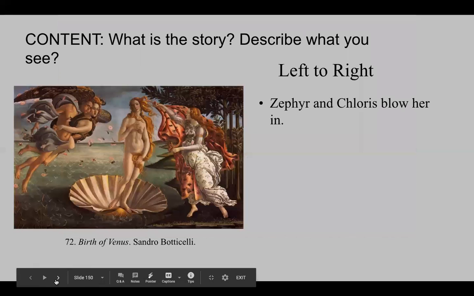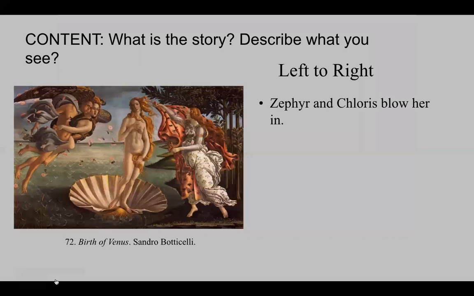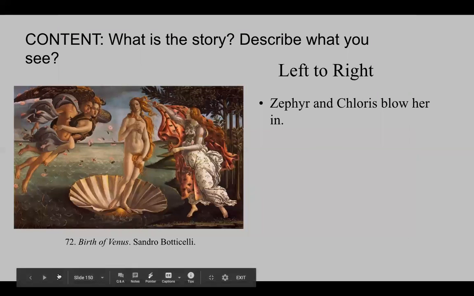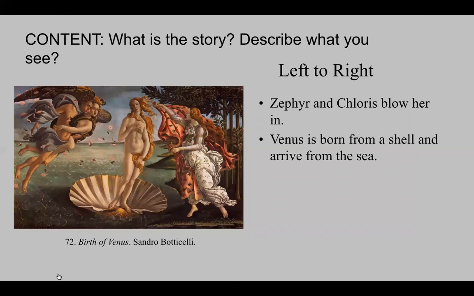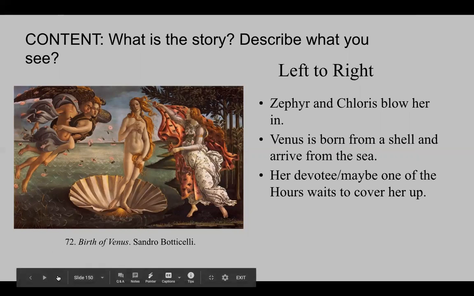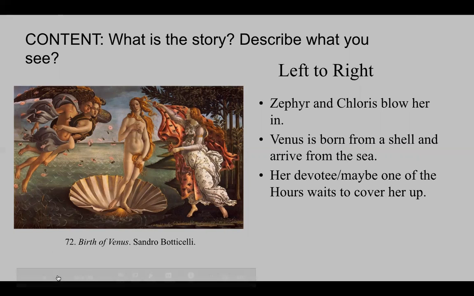From left to right, we have Zephyr and Chloris, and they blow her in from the sea. Venus comes, born from a shell, and arrives from the sea. And her devotee, this could maybe be one of the Hours. So remember the three Graces or the Hours. This could be one of the Hours where they are waiting to cover her up,